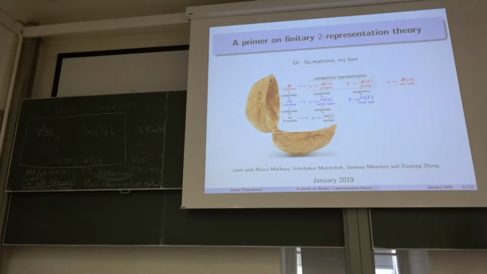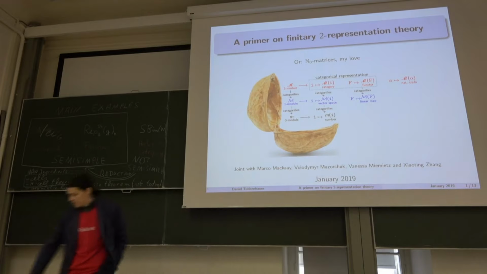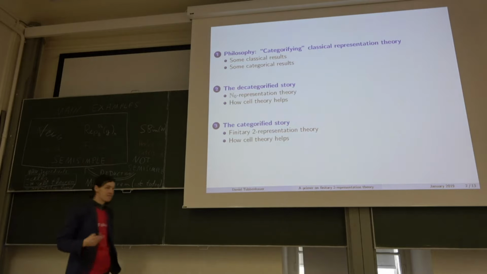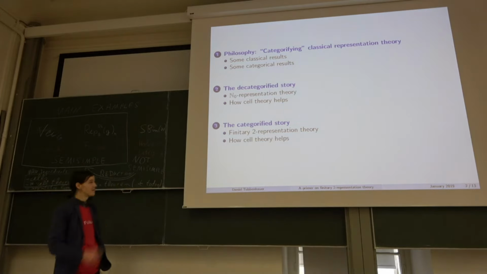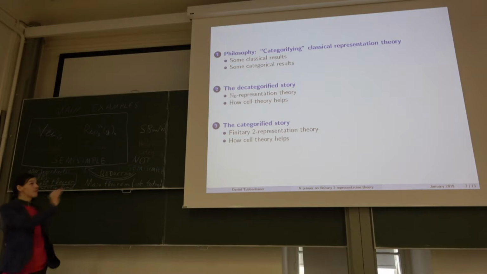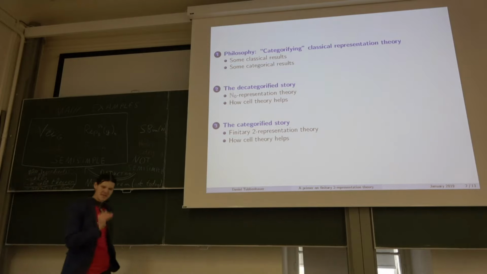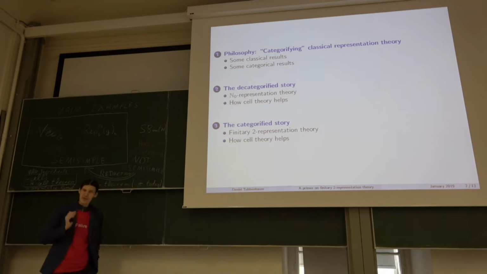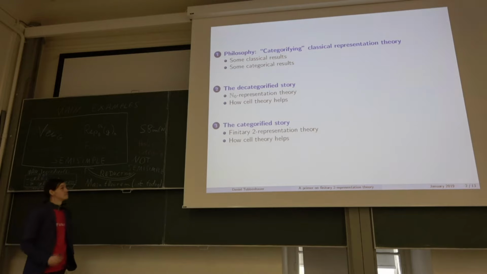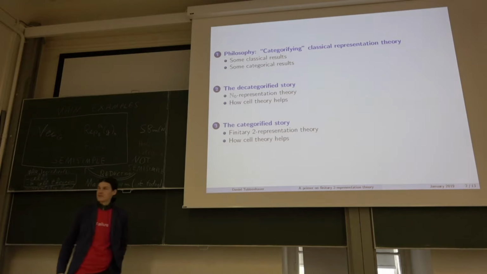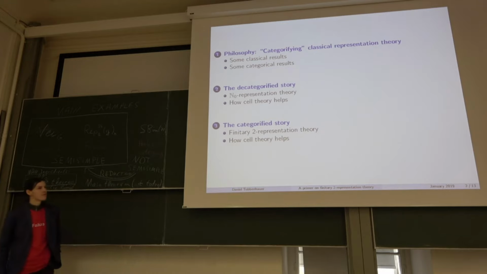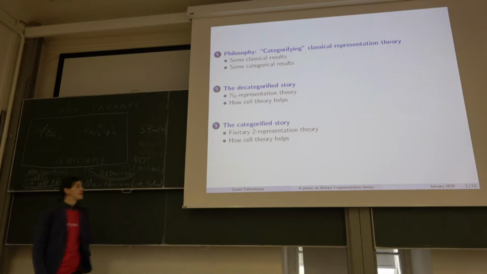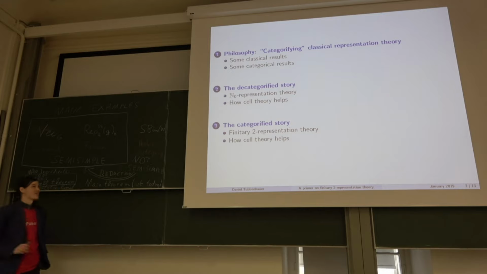Okay, so let's get started. This is a rough outline. I'm going to do some philosophy in the first 10 minutes to get you started, because it's early morning, right? And I will stay most of the time in the decategorified story, really explaining the combinatorics, something you usually don't find in those papers, which are, I admit, not very easy to read. And at the very end, I explain a little bit about the categorified picture. That's my rough outline. And whenever there are questions, just feel free to stop me, of course. It will be very combinatorial. I hope you will like it, because I like it very much.